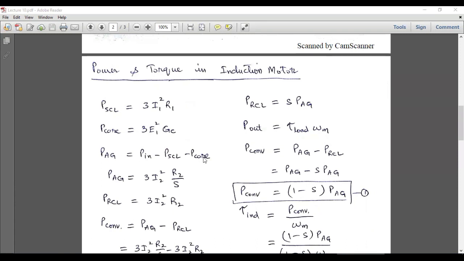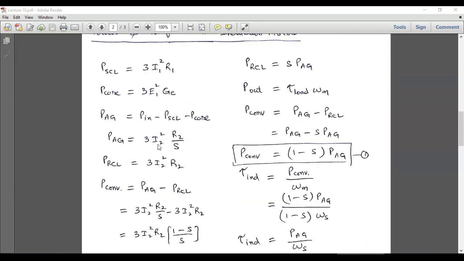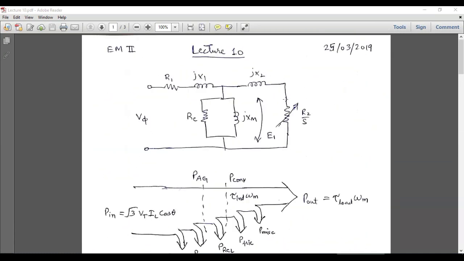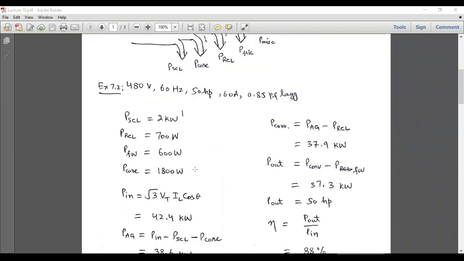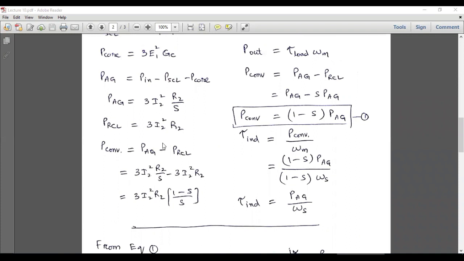And air gap power is equal to this expression, and air gap power is also equal to 3I2 square R2 over S. So this is the power which is dissipated across this branch or across this component at the rotor side. Now the rotor copper loss is equal to 3I2 square R2. Okay, so this is the power which is dissipated across the rotor winding. Now P converted is equal to air gap power minus the rotor copper loss. And if we subtract this expression from this, we will get this simplified expression, and this is the expression for the converted power. And from these two expressions, we can say that